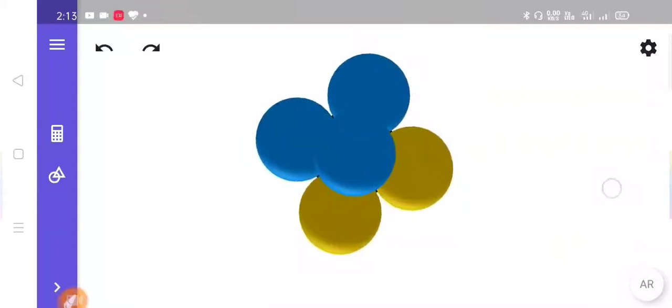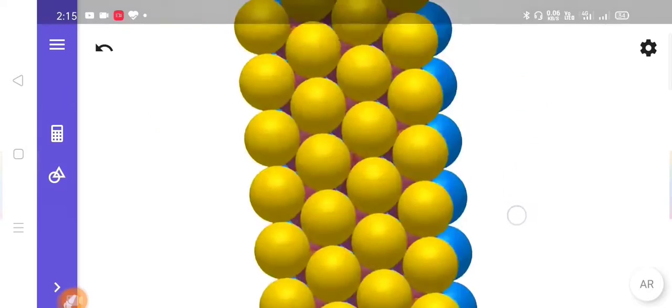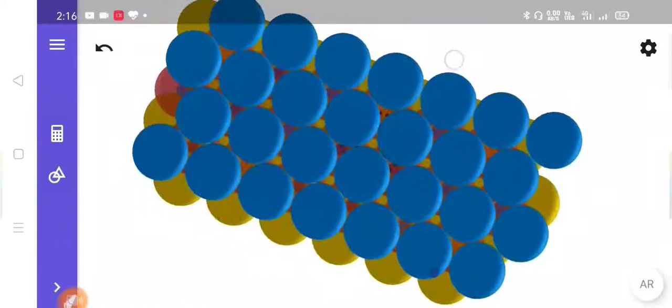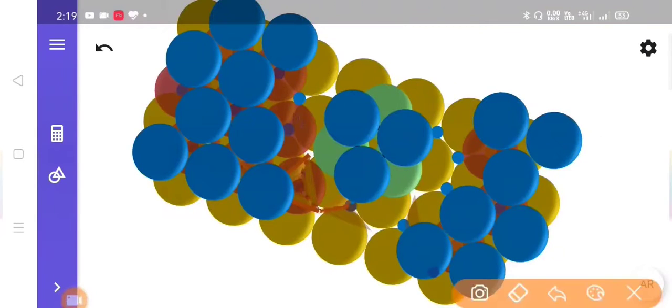Now let us try to obtain this type of configuration from the 3 layer configuration. Now let us obtain this type of configuration from this layer formation. So first we will choose the required portion and ignore the remaining spheres. So as you can see, we first choose 3 spheres from the bottom layer. And now let us choose the required spheres from the second layer. So as you can see now, we have 3 spheres from the second.